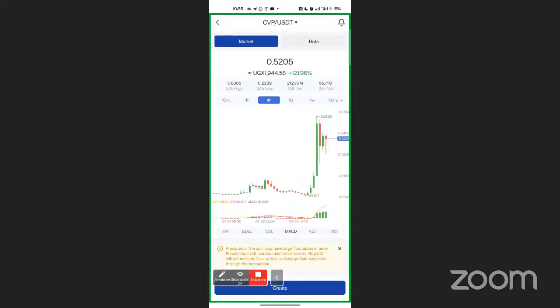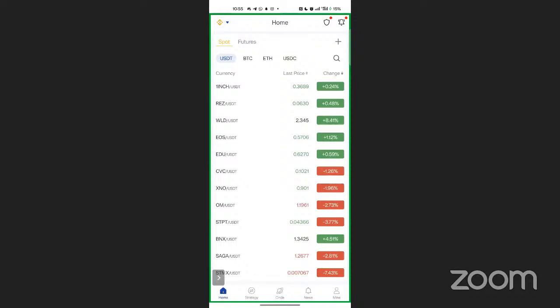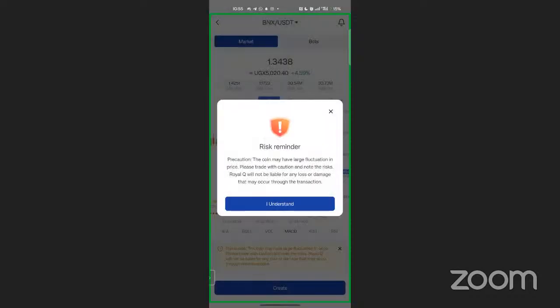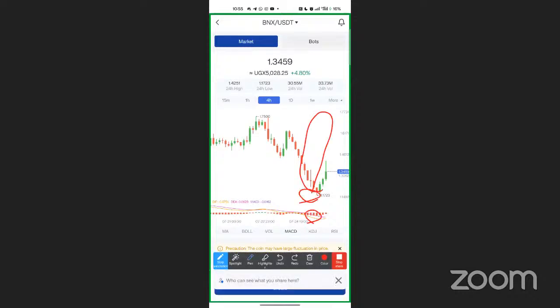Now let me find a coin that is going down. This one, although I entered it, but yes, my friend, where is BNX? It is now returning. How many of you see the crossover here facing down? And then you see the histograms forming. Now here, how many of you see anticipation of the crossover? It means this coin is going to do well. So you enter in anticipation.